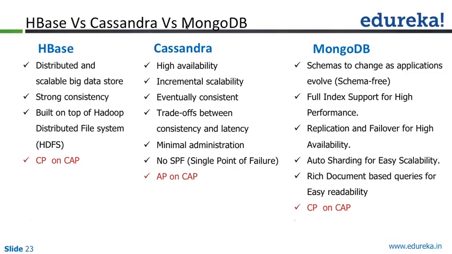For example, from about 32 or 64 GB of data onwards, Mongo and HBase come down somewhat in performance. Cassandra gives consistent performance beyond that, and even when the amount of data increases to petabytes and petabytes, Cassandra gives you very good performance at very, very high volumes of data and high read and write